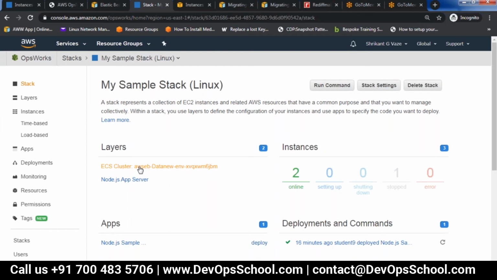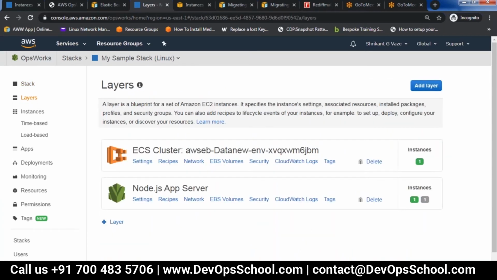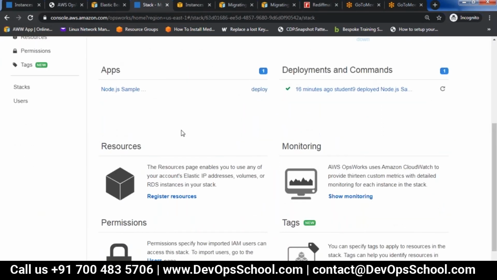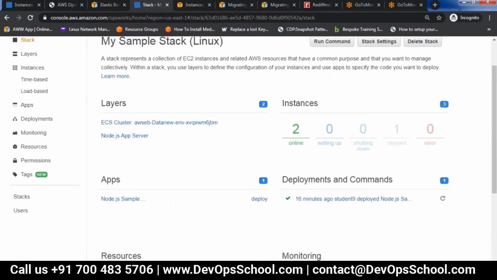So please make sure you delete it. Yeah, sure. I chose the sample one. No, this is some ECS cluster. Fine, I'll give you some time. You complete this, delete the app, delete instances and layers, and then finally the stack.